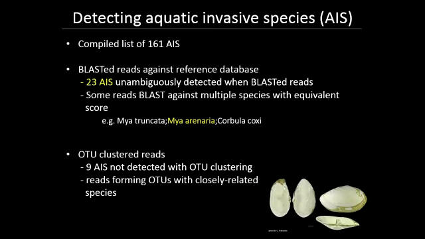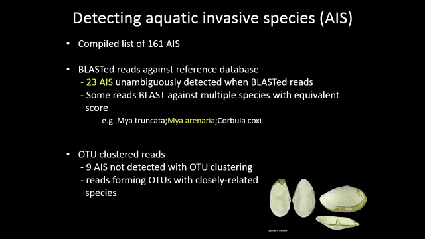And then moving on to detecting aquatic invasive species. The way we did that was we compiled a list of invaders from online resources and the literature, and I checked to make sure that those species had 18S sequences available in databases. Then we blasted the reads generated from the ports against the reference database and picked out the invaders. So we found 23 AIS,